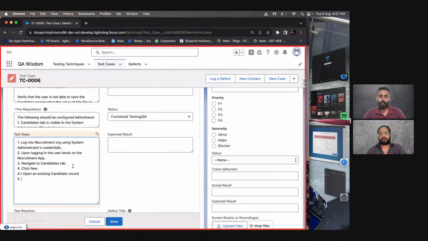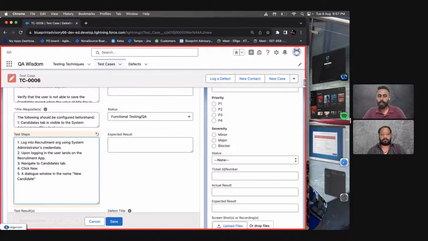Let's take the existing one later on, else it will baffle you people. Once after clicking the new action, we would expect a dialog window popping up. We should have the step like a dialog window in the name, new candidate,